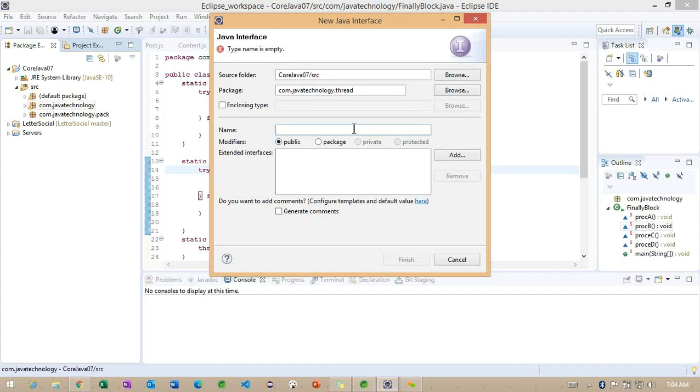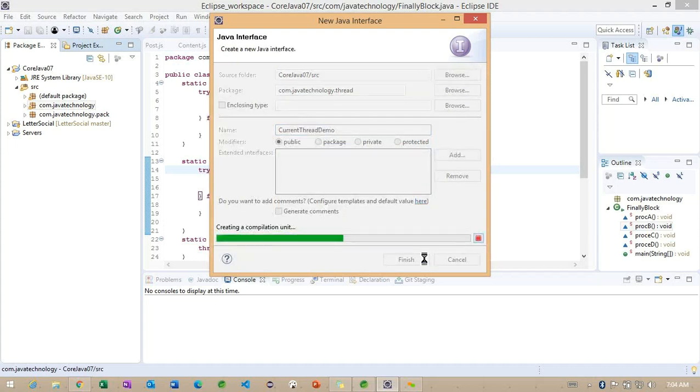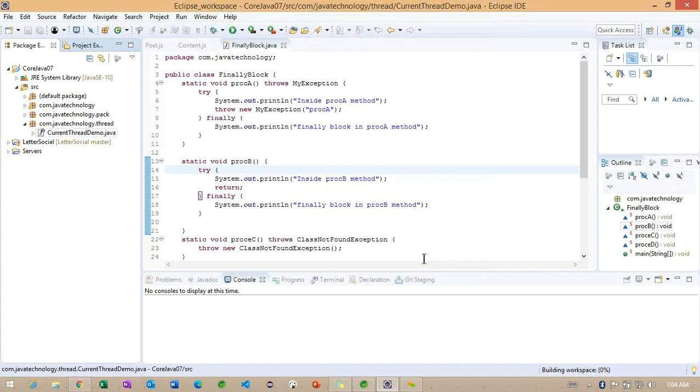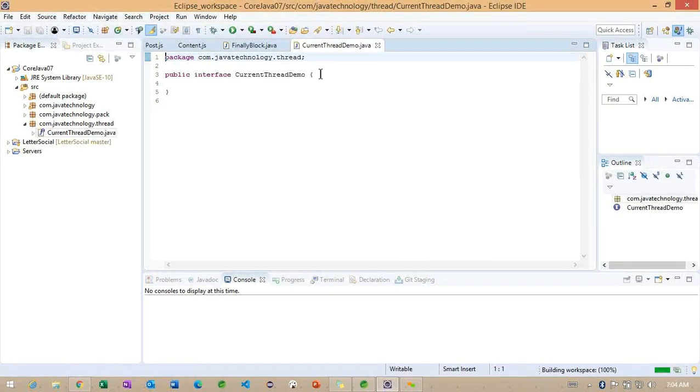After that, we'll create the name of the class, CurrentThreadDemo. Using this CurrentThreadDemo, let's see how we are going to work.